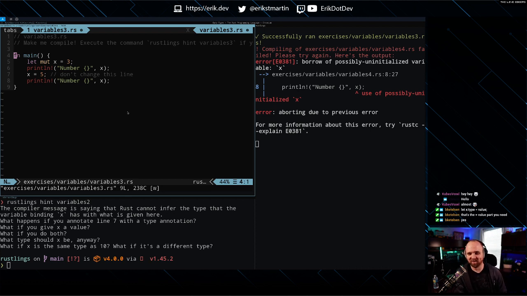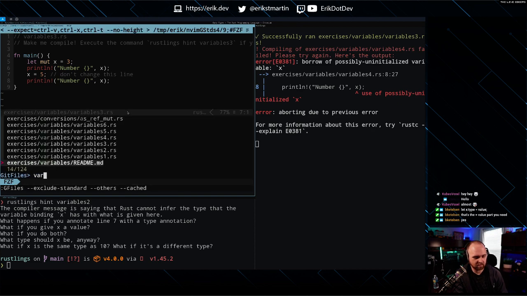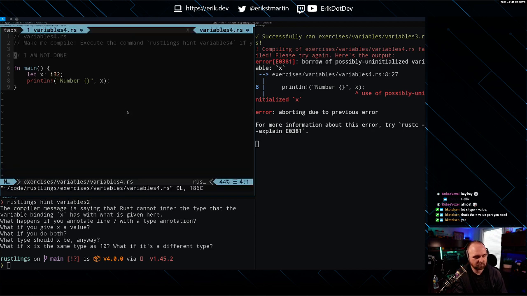Alright, borrow of possibly uninitialized variable x. Don't change this line. Wait, this is variables4. Make me compile. So this would be the same thing.